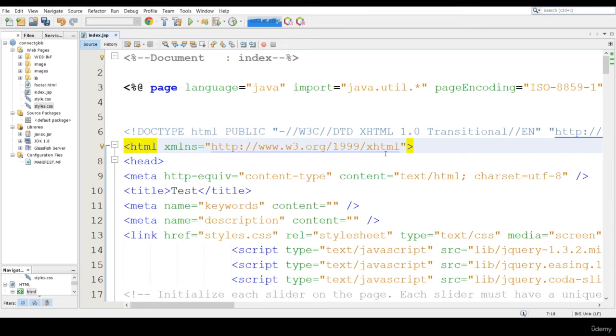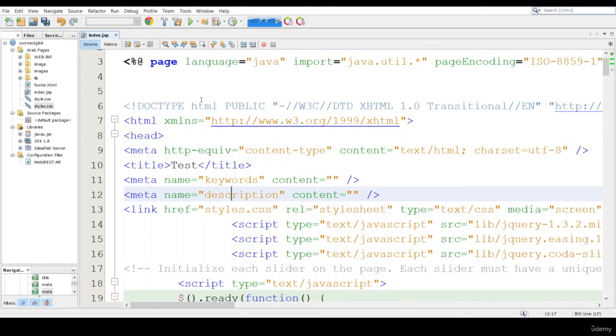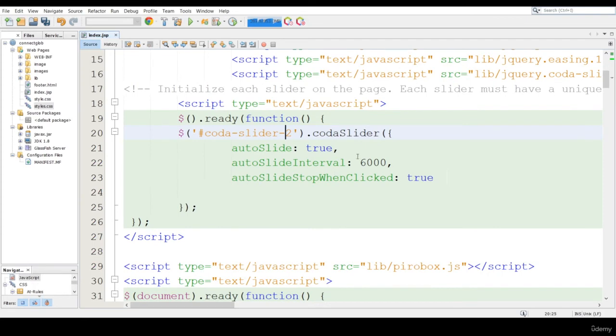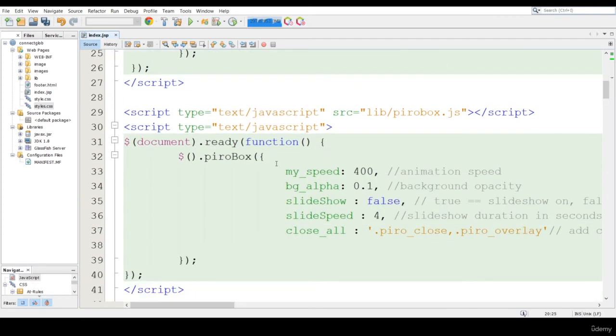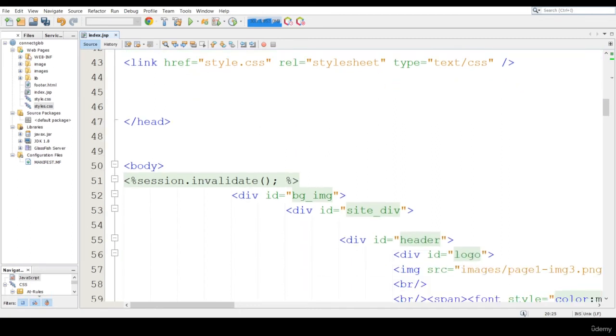This is basically an asynchronous thing I'm going to use here. Then some keywords, description and title as a test. I will change it to connect globe because while testing I'm using this. I will tell you what these things are. I just added a script here, then all the things here. Style.css I'm adding. So let me first deploy this part,